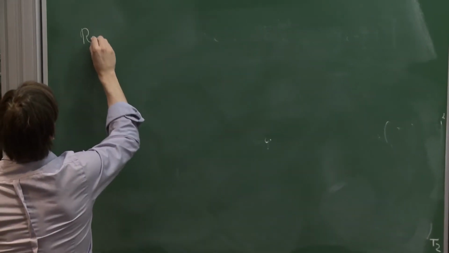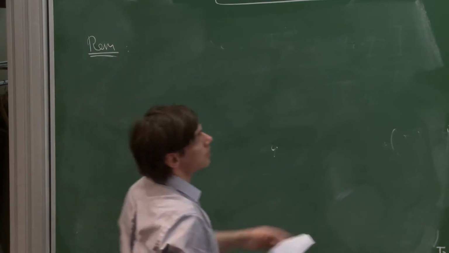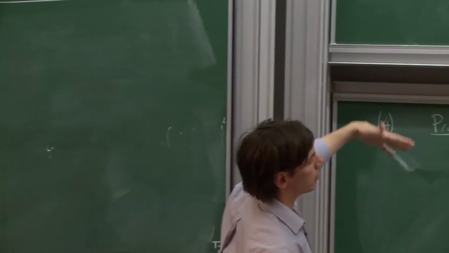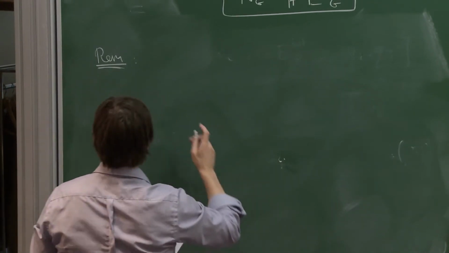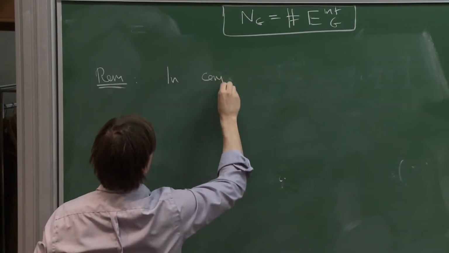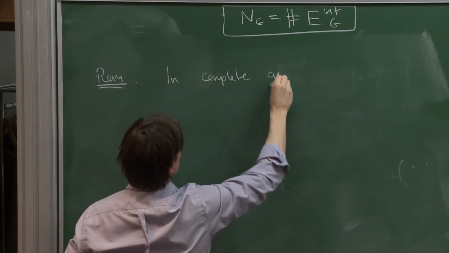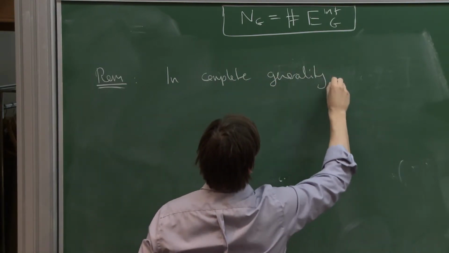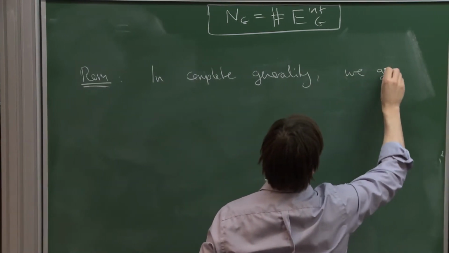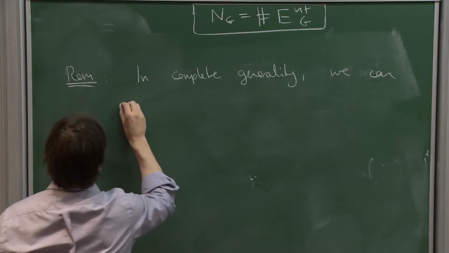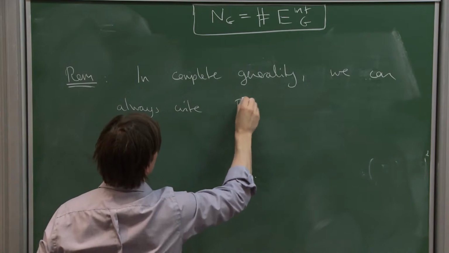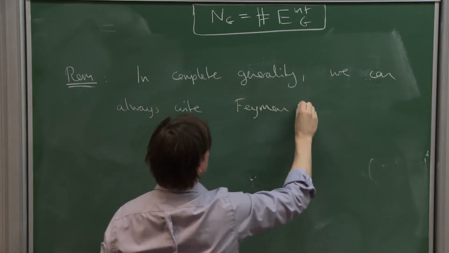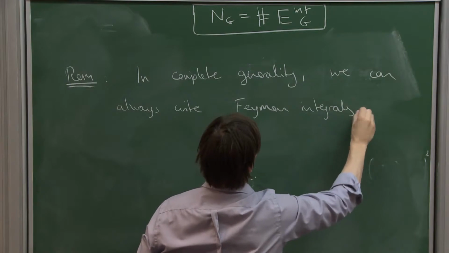Before I do this, this procedure, the Schwinger trick and Gaussian integrals and all this, works in much greater generality. It works for gauge theory. And the upshot is that we can always write Feynman integrals in the general form